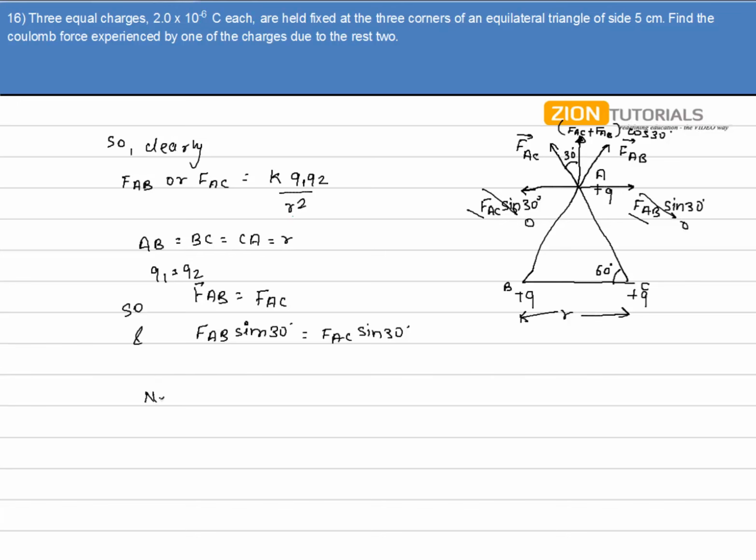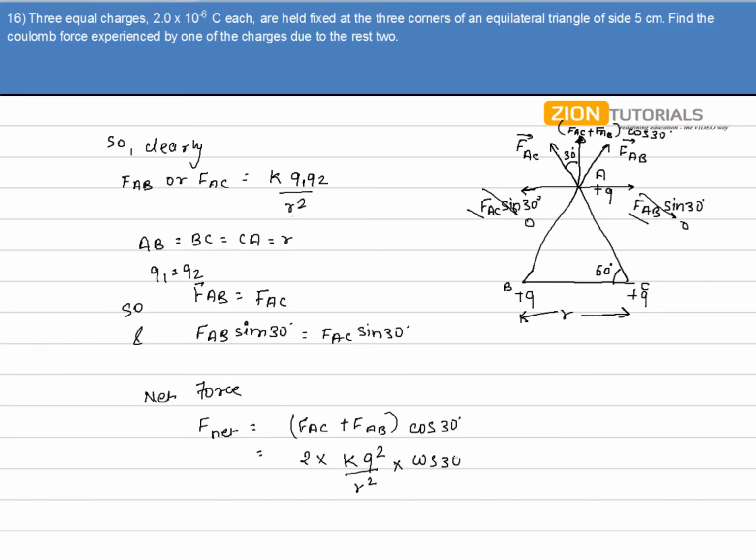So the net force that will be acting on the charge A will be F net equal to FAC plus FAB cos of 30 degrees. So of course FAC is equal to FAB, so 2 times K Q square upon R square into cos